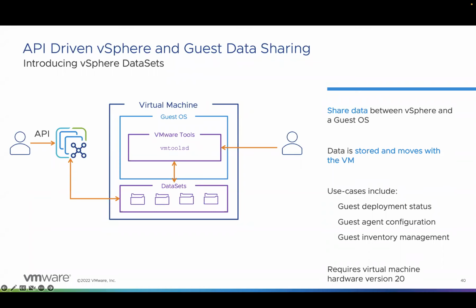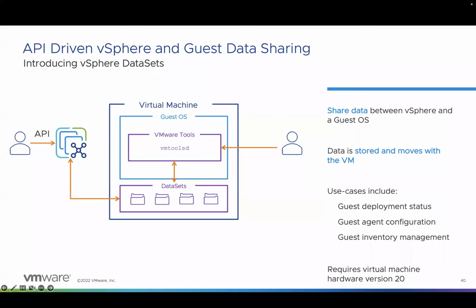And some of the use cases for this may include things like guest deployment status, some agent configuration, maybe inventory management, whatever it may be. We can now very easily share data and share information between the vSphere management layer and the guest operating system layer. This was previously possible with some virtual machine